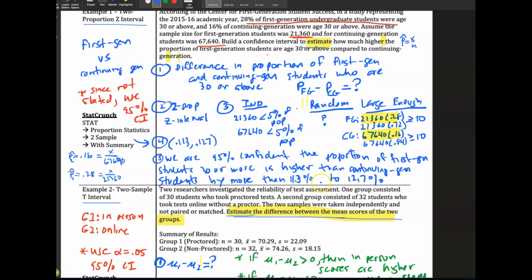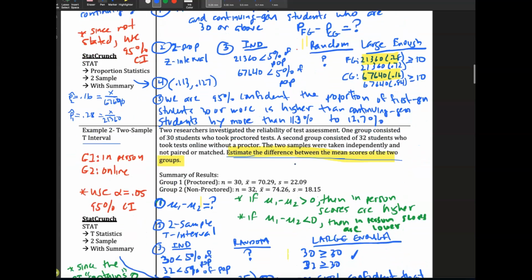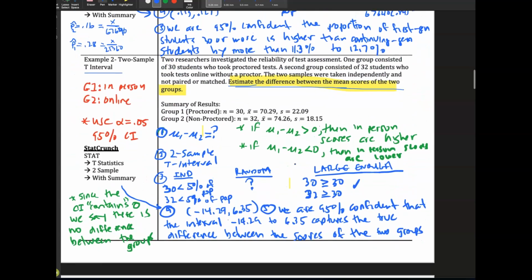The actual value is somewhere between that. We don't know what it is, right, but we're confident to that level there. So that's our confidence interval for proportions. We're going to do something similar for